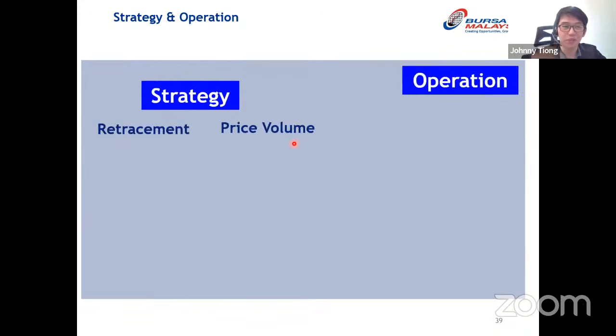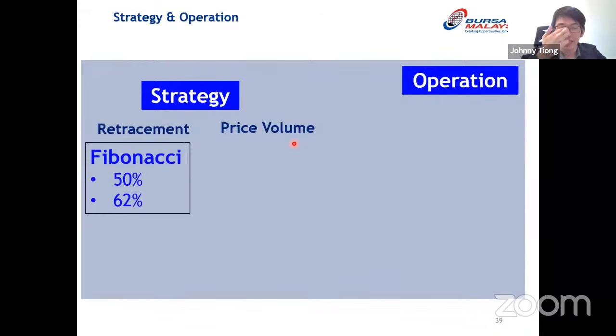Okay, so for the retracement, I actually skipped a few things here. For Fibonacci, we concentrate on when the stock falls to 50 or 62%. Whatever goes up, when it falls down to half, it will be on my radar. So I will advise, if the Fibonacci retracement falls to 50 or 62%, sorry, I forgot to charge my laptop. Sorry.